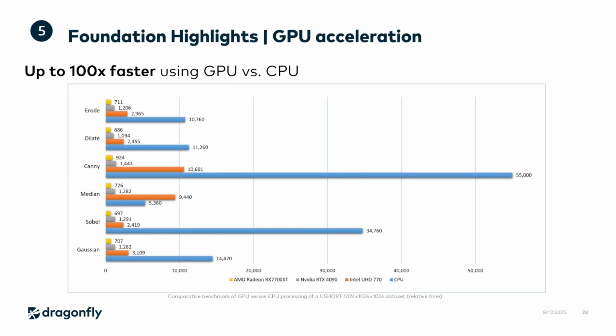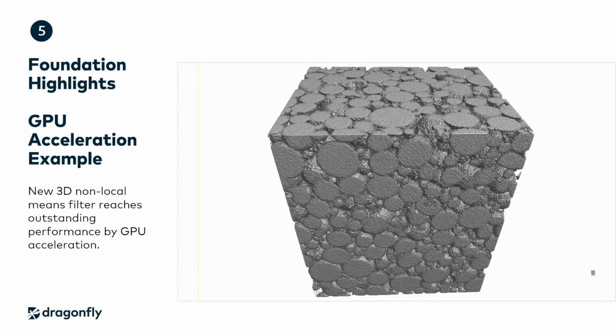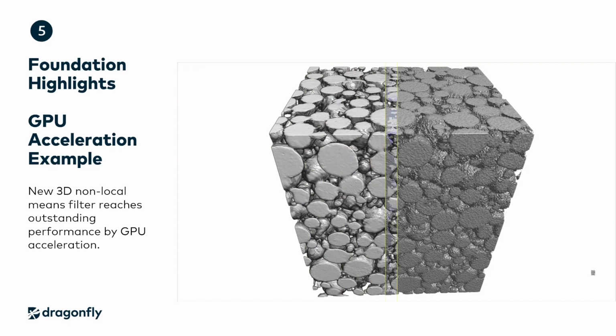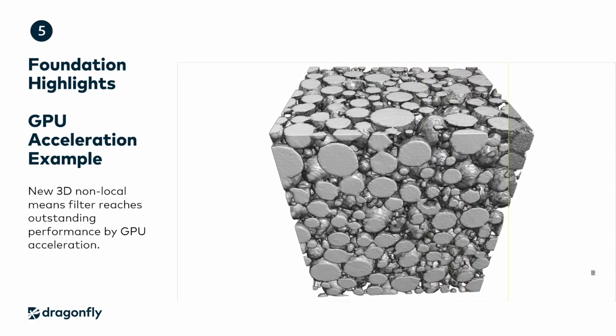Now we come to the foundational highlights. This includes upgraded functionality such as GPU acceleration. With this latest release, several important computations of the software are now performed using the graphics processor of the computer, or GPU. This frees up space on the CPU, and depending on the GPU you have equipped, it can perform many functions lightning fast, up to 100 times faster in the case of some filters. The same GPU acceleration also feeds into an amazing new 3D non-local means filter that has now been implemented, enabling denoising to perform in just a few seconds.